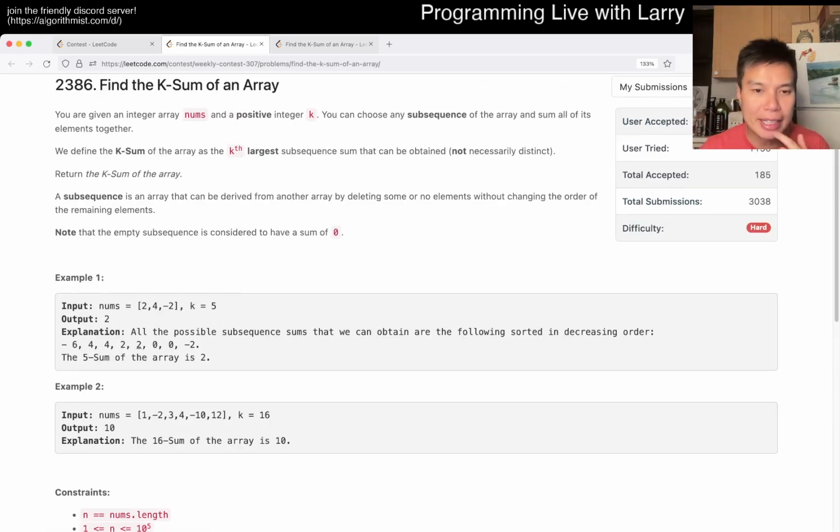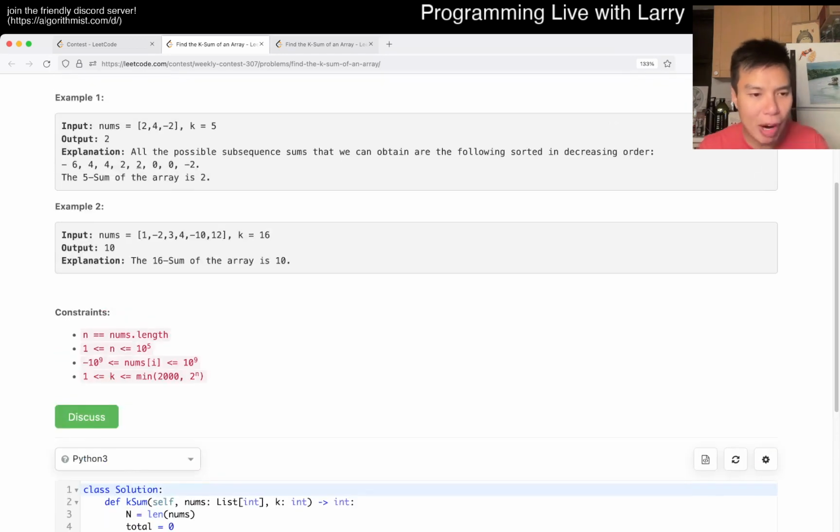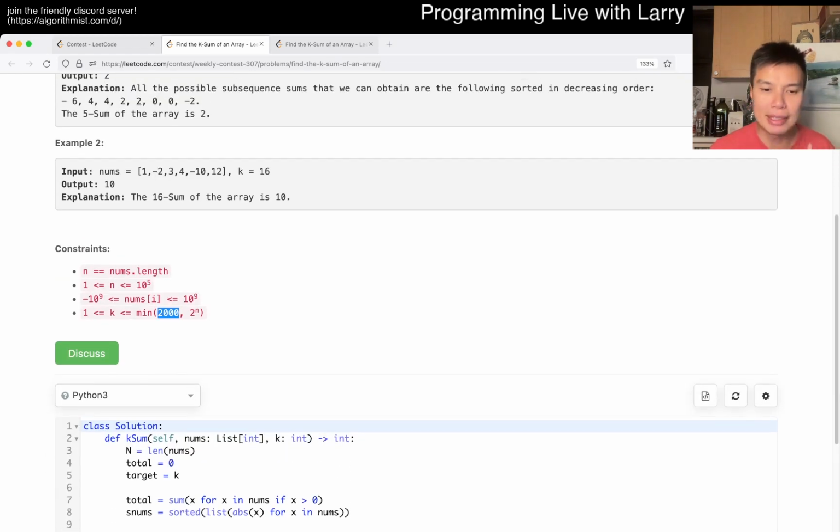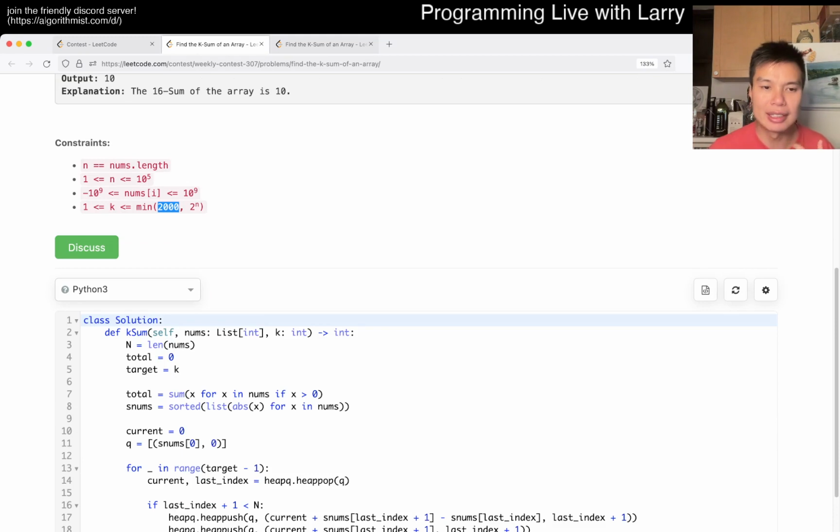The observation here is basically to figure out how to pigeonhole your way into this K. K can be at most 2,000. So that is the key thing that we're trying to figure out how to optimize for. And basically the idea here is that,